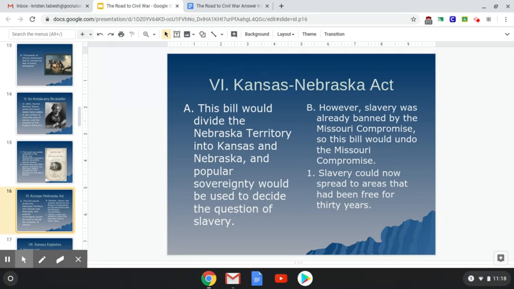So obviously, keep in mind that people were being exposed to Uncle Tom's Cabin. They were obviously more against slavery than before, and all of a sudden slavery is appearing right in front of them. And that is very much going to upset people that were very passionate about being a free state and having more equal rights for all.